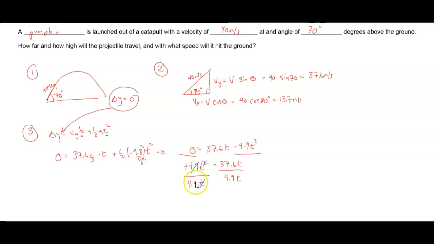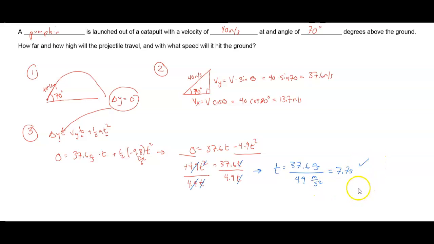4.9 over 4.9, that cancels out. T over t cancels out, and we're going to end up with time must be equal to 37.6. Remember the unit was meters per second, divided by the half of the acceleration here, which would be 4.9 meters per second squared. And so that should get you a total air time of about 7.7 seconds. Just double checking, meters per second over meters per second squared is going to be seconds, so that's a valid